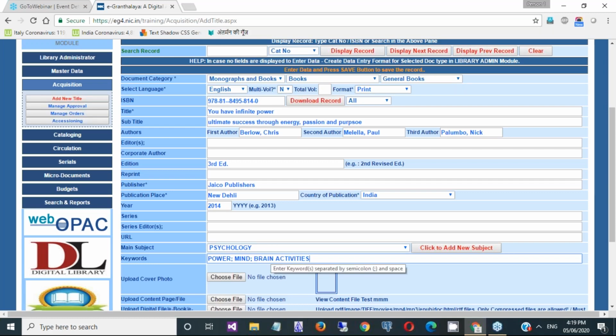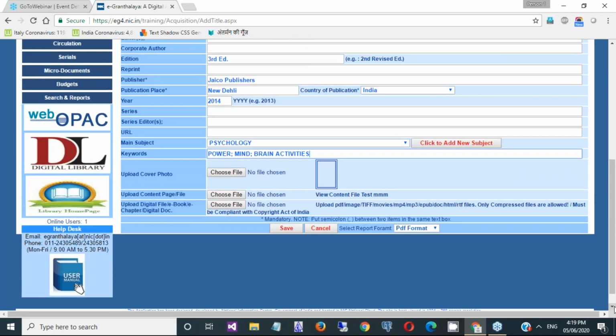You can give semicolon and space in between more than one keyword, and it is always better. Many of the libraries I have seen put the accession number sometimes also with their keywords, because they say their users can also search from the accession number, but that is a local choice basically.